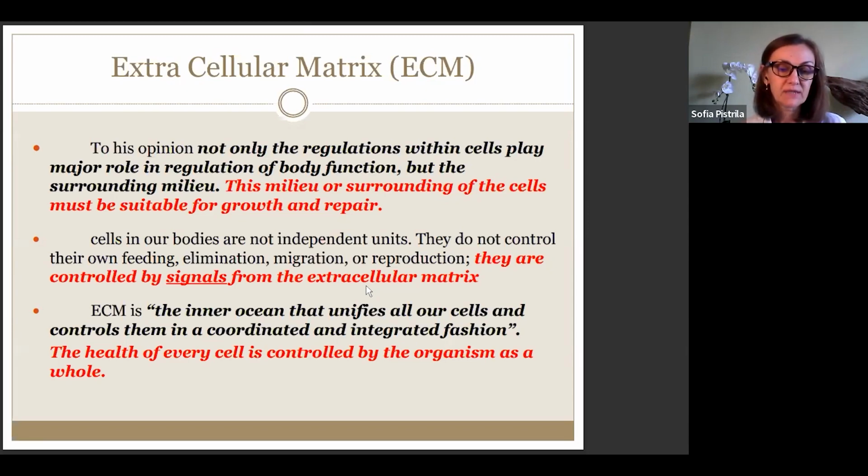Extracellular matrix, and this is from Pischinger's work, these are his words: the inner ocean that unifies all our cells and controls them in a coordinated and integrated fashion. So the health of every cell is controlled by the organism as a whole. And this is something completely different than what you heard maybe in traditional medicine, the medical industry, what we're seeing now in the world and in Canada as well. Whenever you talk about health, and you start even talking about anatomy and physiology, I'm pretty sure when you did the course, you started with the cell, right? And from the cell,